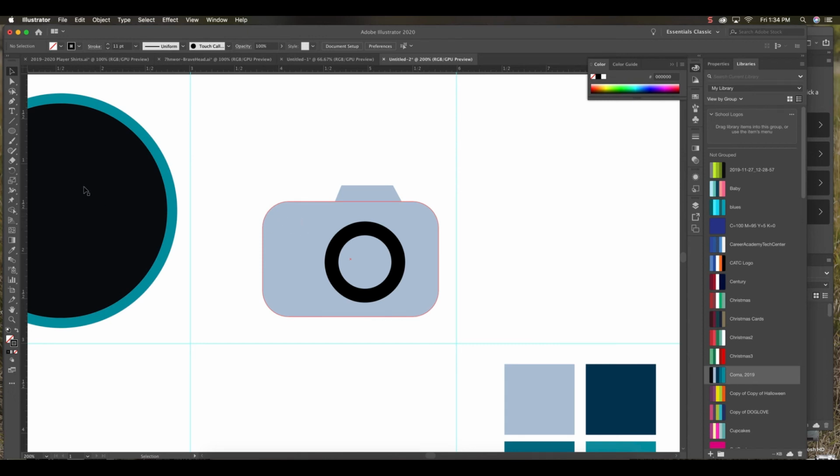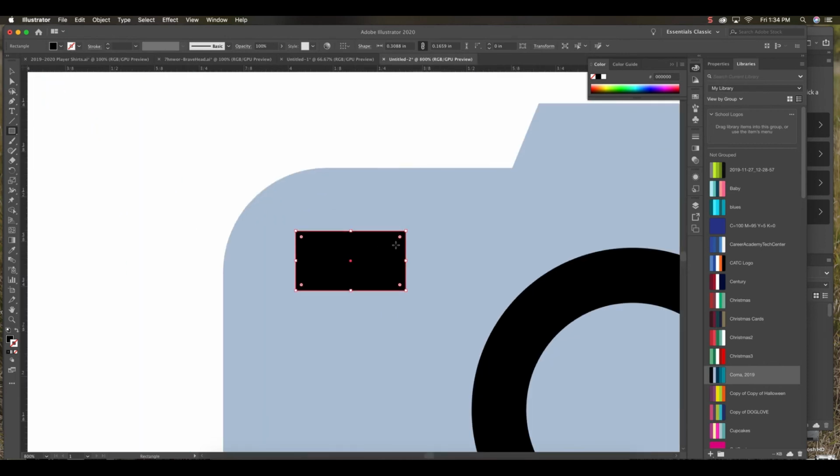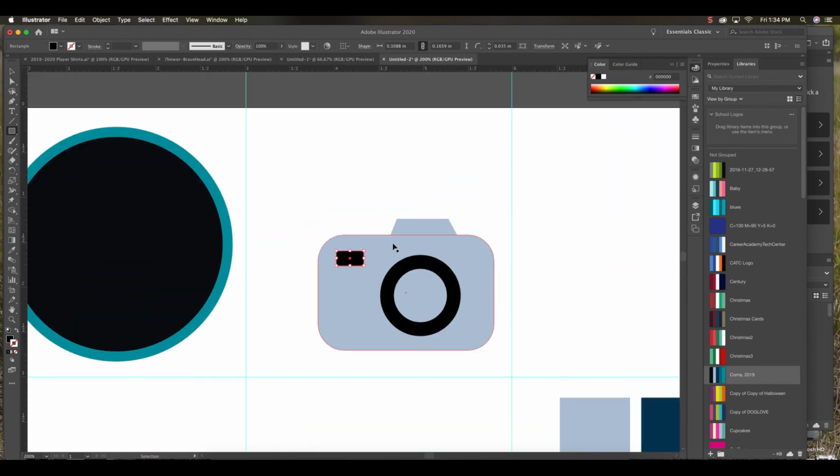And then I'm going to make another spot, a little, let's do a rounded rectangle in this corner here. Again, we're simplifying our shapes. I want that to be filled with black. And then I'm going to zoom in so that I can see those corner rounding widgets, and I'm going to pull the corners in a little bit. Okay, that is about enough detail, I would say. I could add like a shutter button if I wanted to, or any other detail, but again, these shapes don't need to be super complex. So if you wanted to add a little bit more detail, I wouldn't go a whole lot more detailed than this,